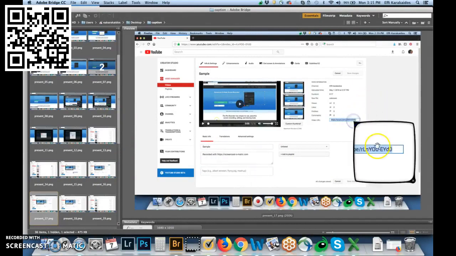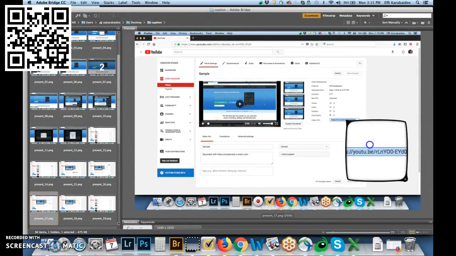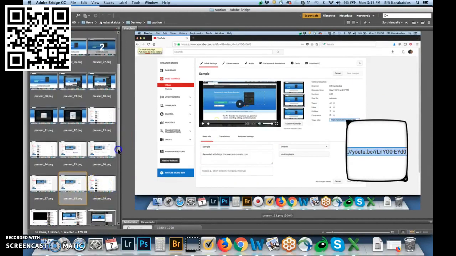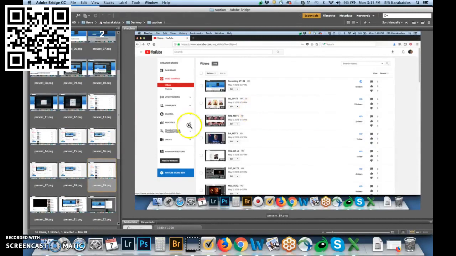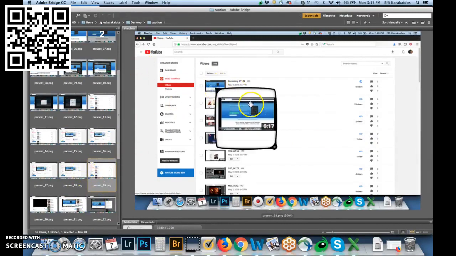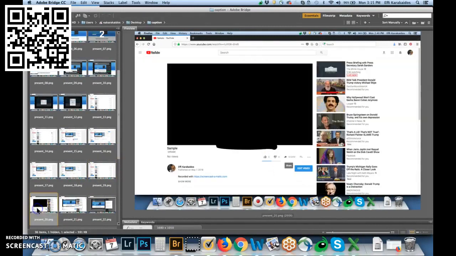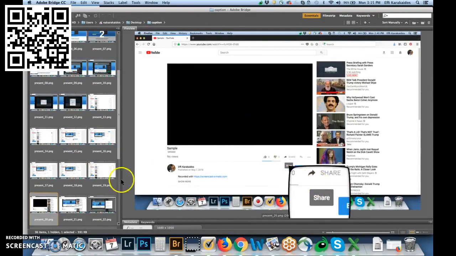Next, I like to copy the URL right away from that area and just paste it into a Word doc, and I'll come to that later. Then I generally press the back button and then click on the video itself right here in the video manager area, and that will bring up the play option, and I choose share,